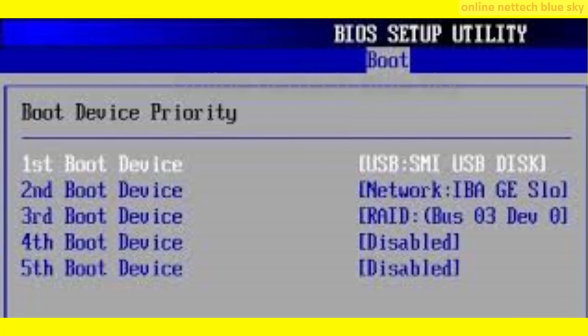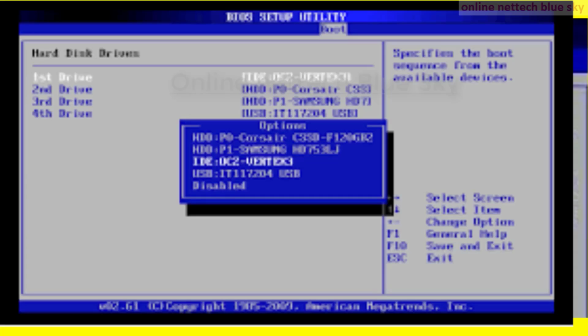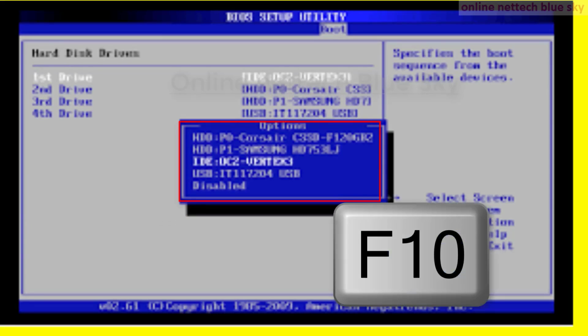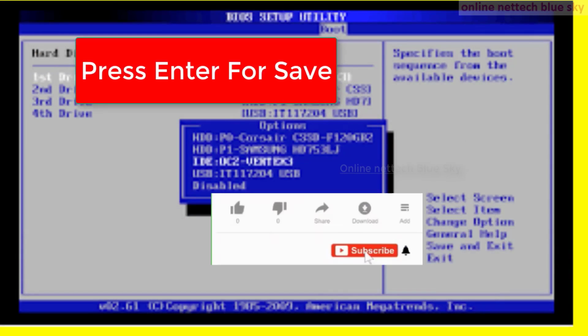In the BIOS menu, you can see here this is showing my bootable pen drive. So this is a bootable pen drive, and I select my bootable pen drive. Before the installation, you make your bootable pen drive, then restart your computer with the pen drive attached, and after that you start your installation this way.